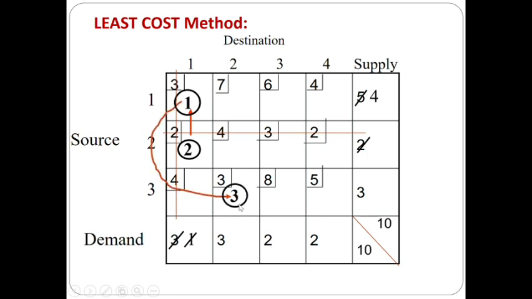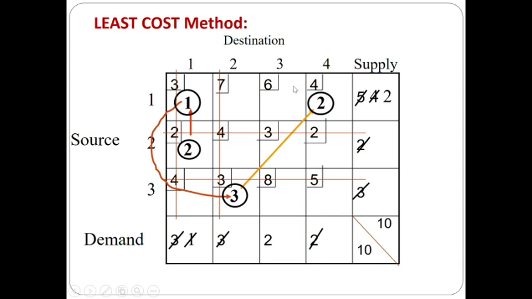and the remaining supply is 0, demand is 0. So we can cross out both the row and column like this. And these are all the 2 remaining cells. Among this, 4 is the least cost. We can allocate as much as 2 units here, and the remaining demand is 0 and the supply will be 2 units,